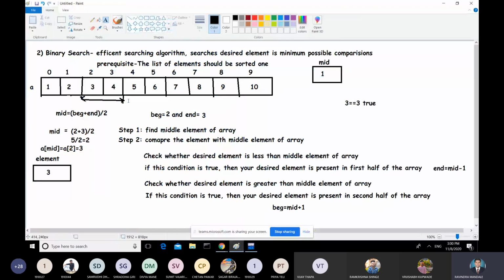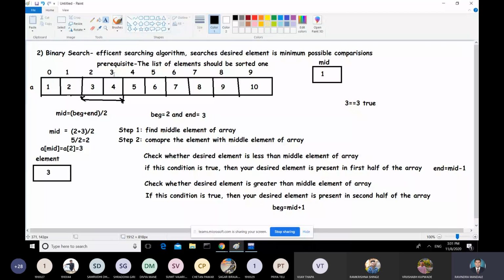See this 4. So 3 is the index and the position is 4. 3 plus 1, getting index plus 1, that is the position. So element 4 is present at the 4th position and 3rd index. Okay, so this is binary search. If you have any doubt in this searching operation, then you can ask. Yes.